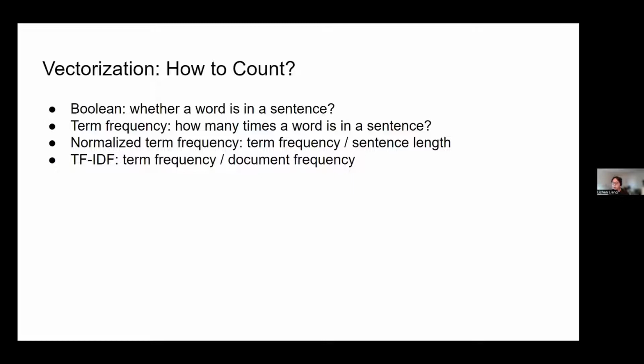Another normalized term frequency would be TF-IDF, term frequency inverse document frequency. Sometimes in a corpus, there are terms or words that appear almost in every sentence, in the sense that counting whether the term appears in a sentence wouldn't contribute much information to the task you were worried about. So by using TF-IDF, if a word appears in every sentence, we will have a very small, tiny value in the vector that we generated for the sentence.